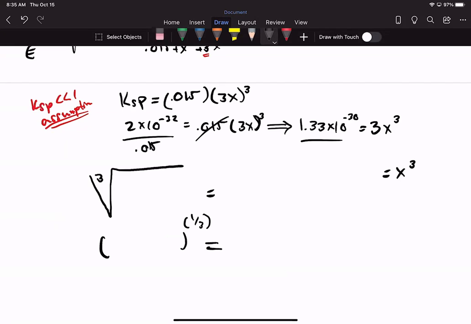See these parentheses here? I removed them. I should have put them this way. So we're not going to divide it by 3. We actually need to divide that by 27, right? 3 times 3 times 3 is 27. So 27 will get rid of that cubed 3 there, because we're cubing that whole thing. So let's go ahead and just recalculate this one more time. So 1.33 times 10 to the minus 30 divided by 27, and we get